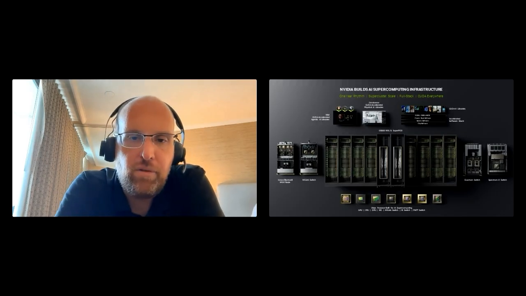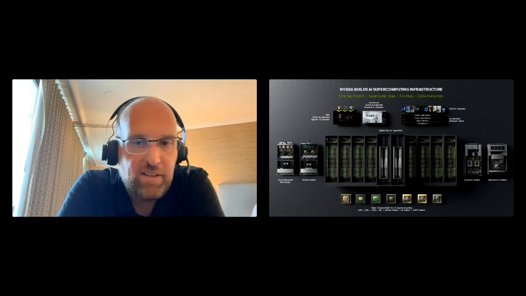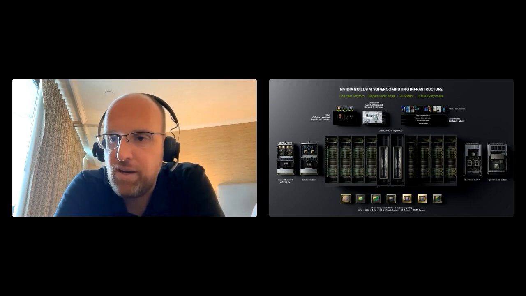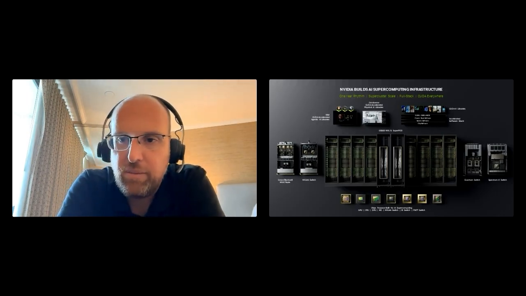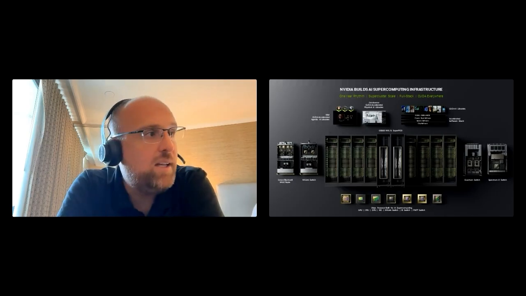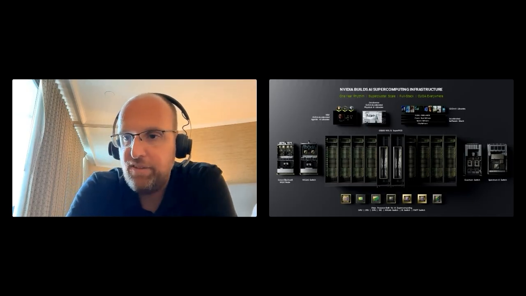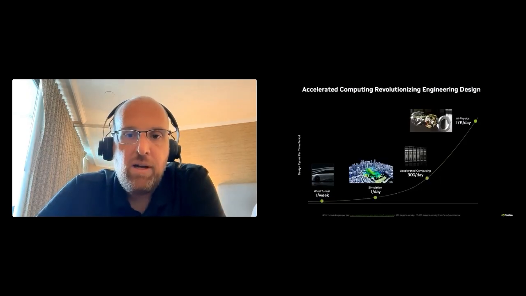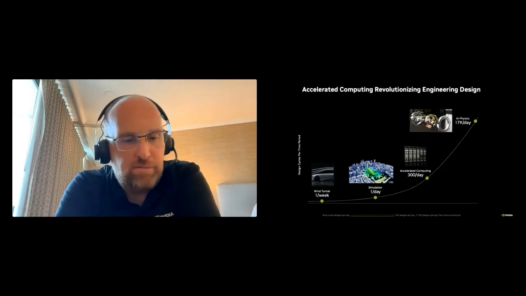Then, of course, on top of all of that is the software, the secret sauce, I guess, of NVIDIA, and that starts with the drivers, and then some of our libraries and some of the application frameworks that we actually also work with SimScale on, right? You already saw the integration of some of the AI architectures that we've helped develop. But the key thing is we build this platform to make it easy for developers to build some really cool, exciting tools.